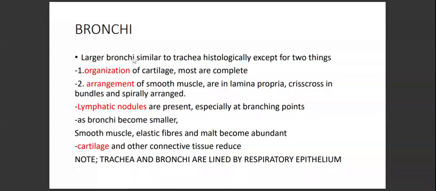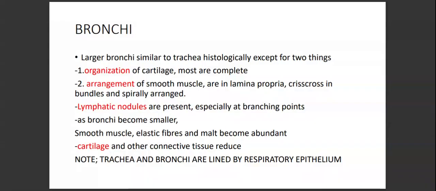So now this brings us to the bronchi. The bronchi, we have two types: the primary bronchi and the secondary bronchi. The primary bronchi are the ones that are given off when the trachea bifurcates at the T4, T5 vertebral level. Okay, so it bifurcates into